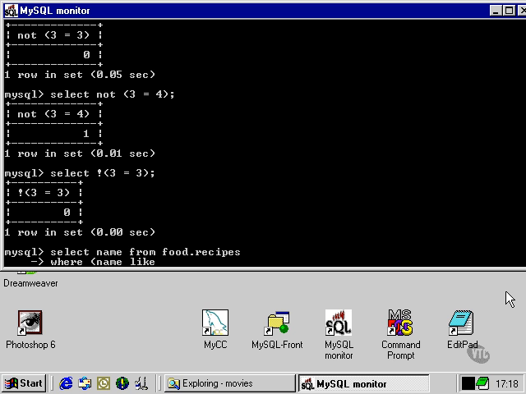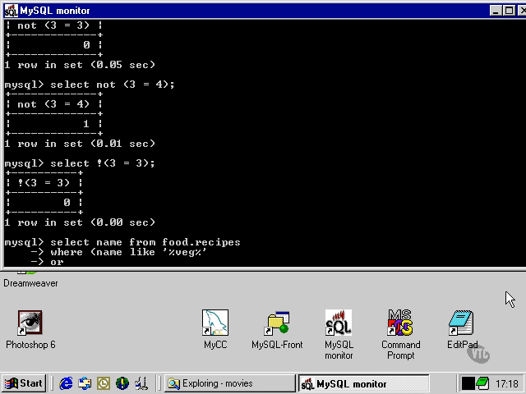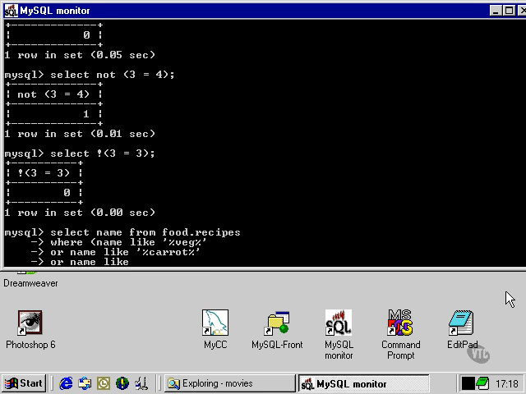We're going to ask that, for instance, it includes the word veg somewhere in the name column, or, using the logical operator OR here, name includes, by using the LIKE operator, carrot, or name LIKE cabbage. And here I'm presuming that we're trying to find a recipe that will get rid of the things that are left at the bottom of the fridge. Then we're going to close the brackets,